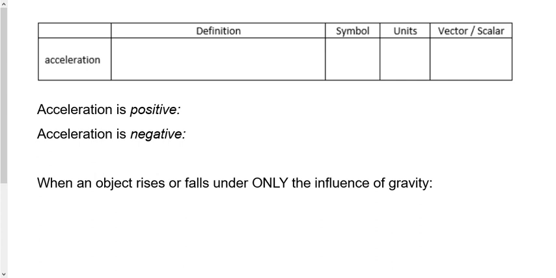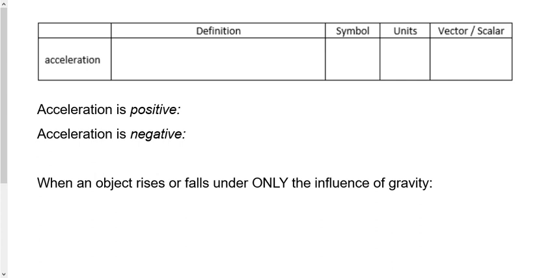We've seen 5 quantities since we started talking about kinematics. Distance, how far an object has moved, is a scalar. Position, where an object is, is a vector. Displacement, which is the change in position, is also a vector. Time, which we didn't really give a definition for because there isn't really a good one, is a scalar